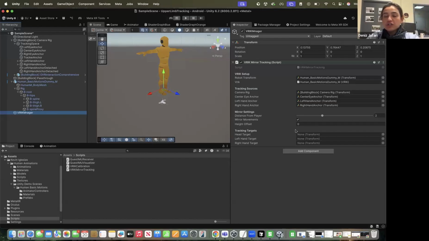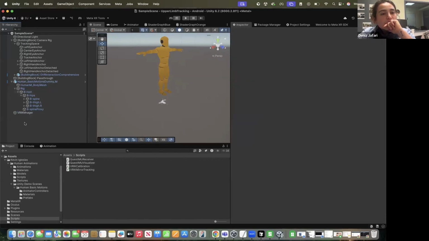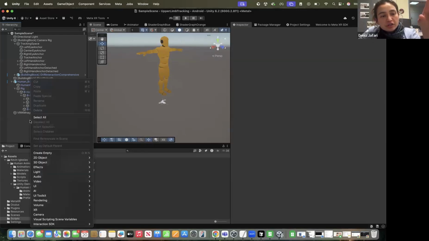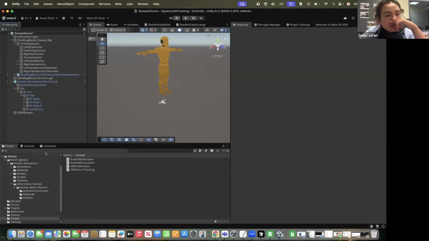So in the past, I put them out here. So we're going to define those targets by creating empty